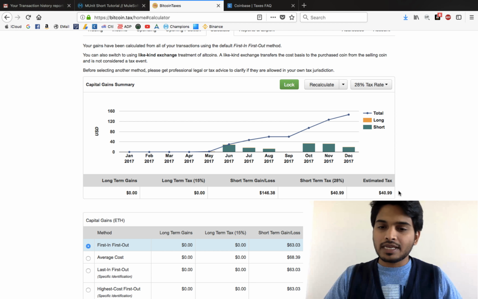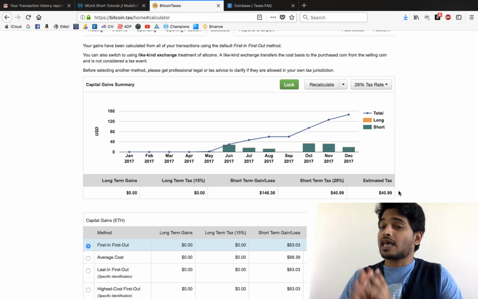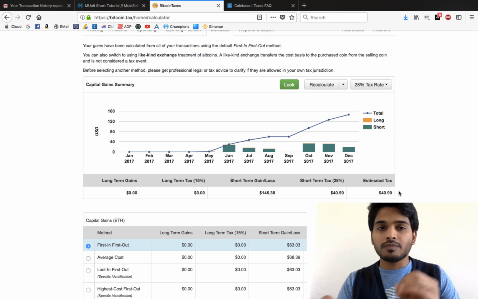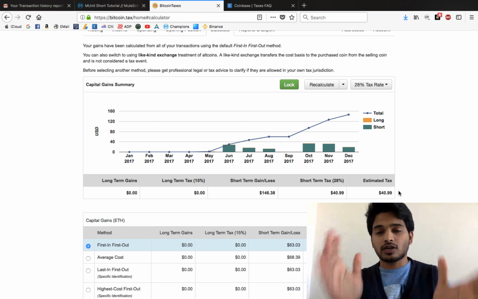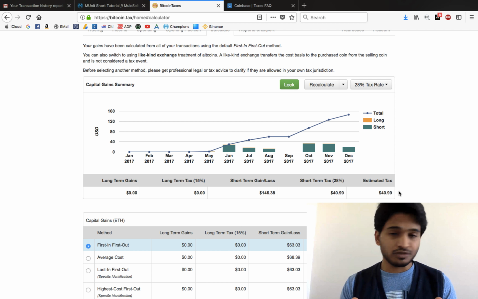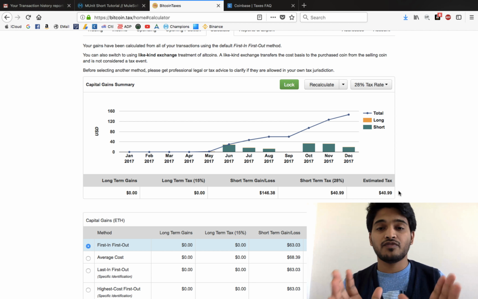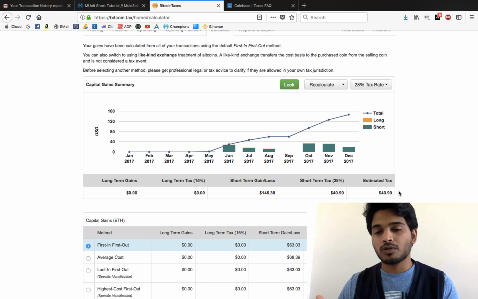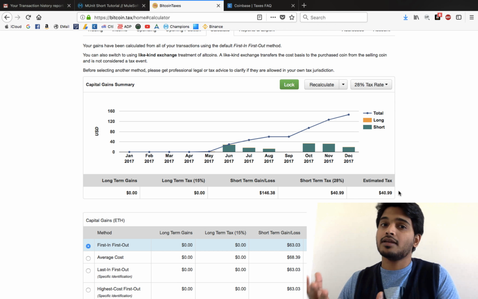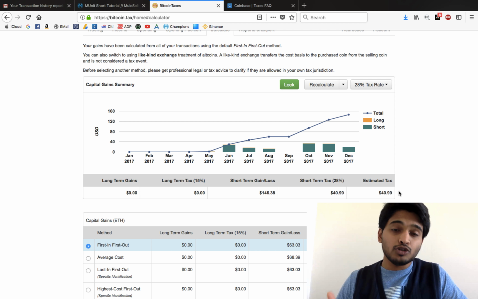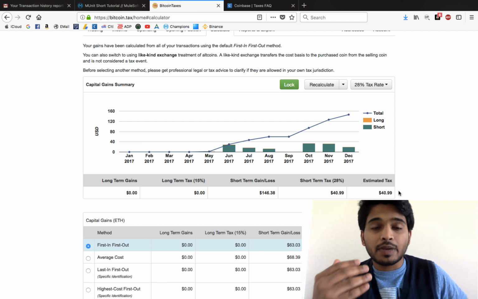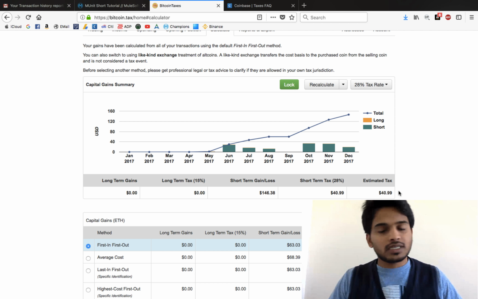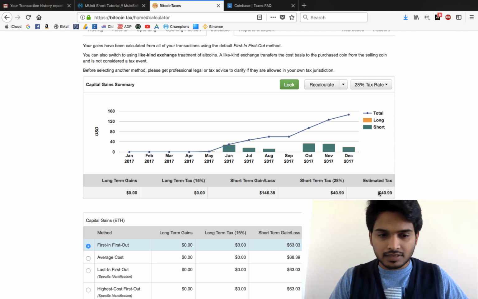So I need to pay 40.99 in taxes because I haven't used other websites than Coinbase. I've only used Coinbase, so I just linked my Coinbase to the Bitcoin taxes and clicked calculate. The best feature of this site is that it will give you 50 free imports, and if you want to use more imports and if you did a lot of mining and a lot of crypto transactions, you might need to go to the premium, paid version of Bitcoin taxes. That will help you grab all the transactions and calculate the estimated tax.